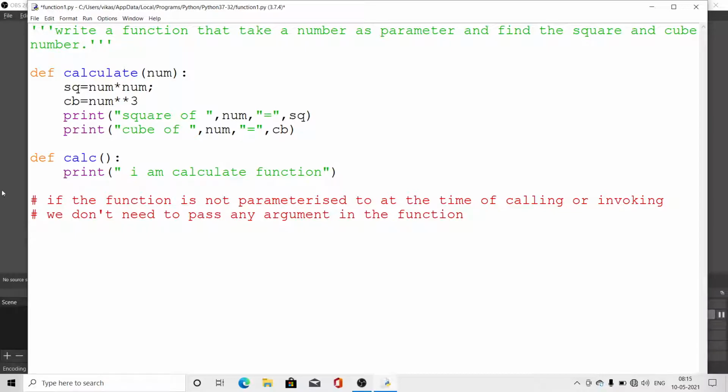For example, I am talking about this function. Look here, this function does not need any parameter, so at the time of calling I will call only the function name and the parentheses. We do not need to pass any argument, it will run. Clear? Look here, it will run.